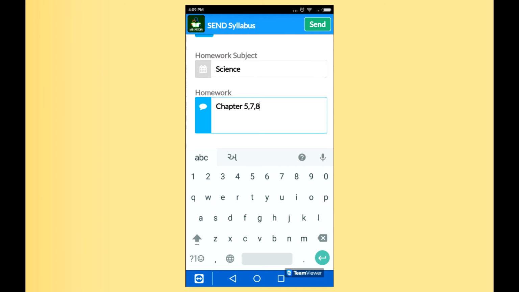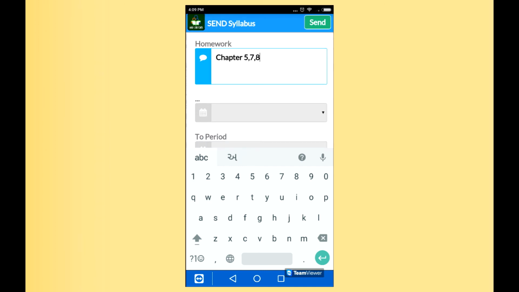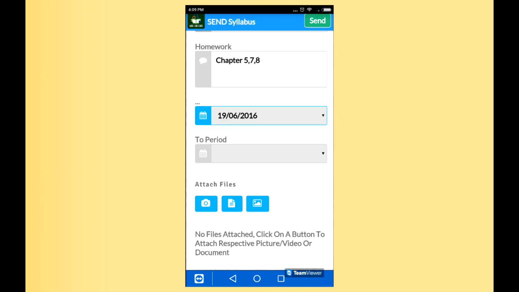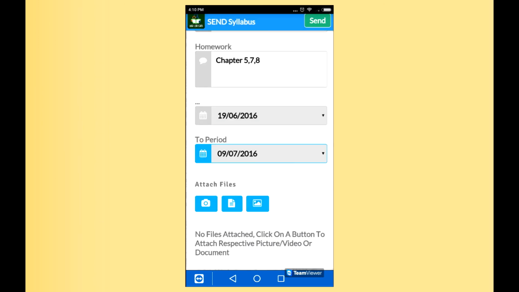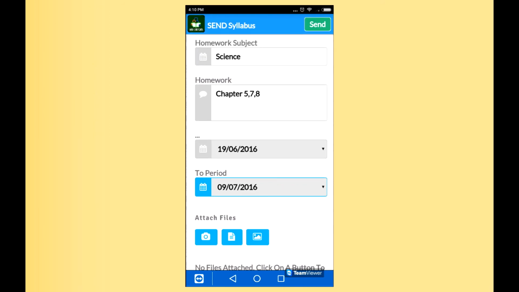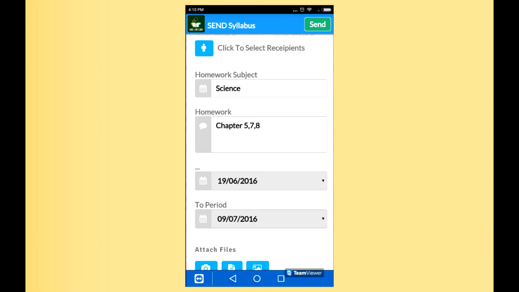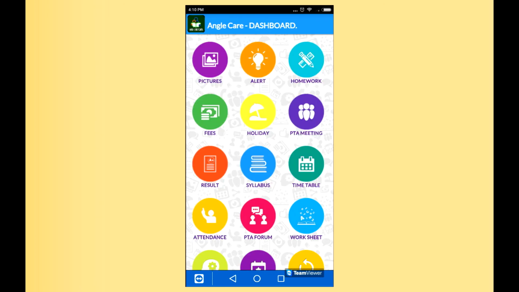If this has to be completed in weekdays or a particular time frame, I can define the time. So from 19 June to 9 July it should be completed. Now I have added, so this way we can define the syllabus and it will go.